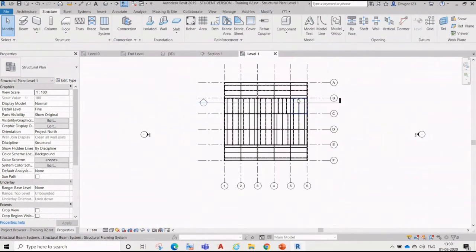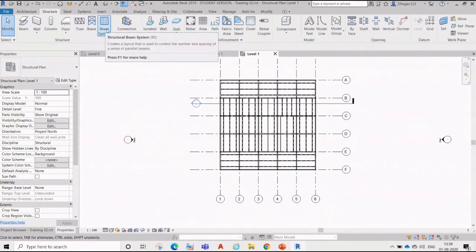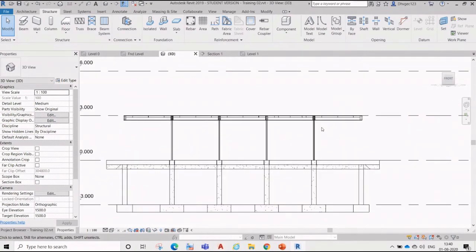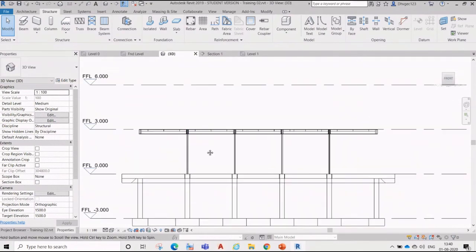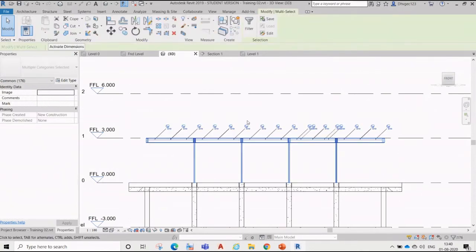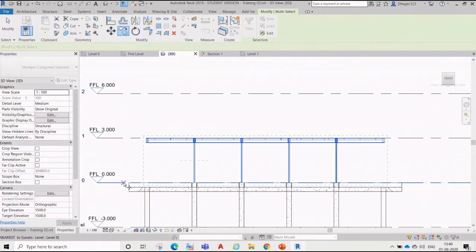Okay, so this is how we are going to use the steel framing, right? Now, suppose because this is my structural building, and it is the same from one floor to another floor. So what we can do, we can just select all the elements in 3D. Okay, and then we can copy from here and constrain to